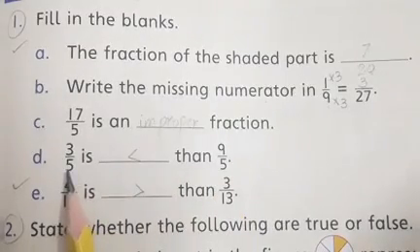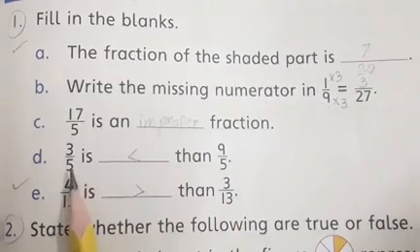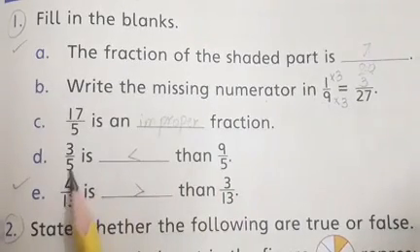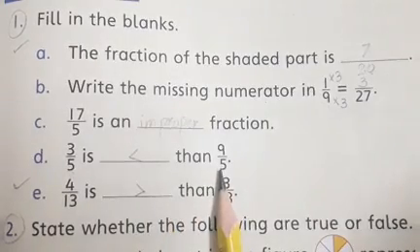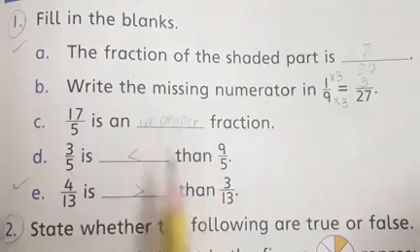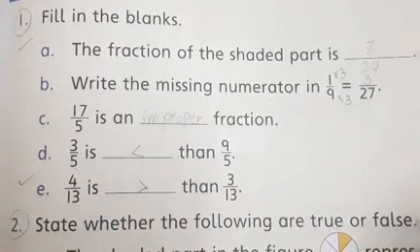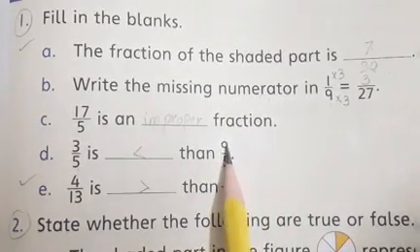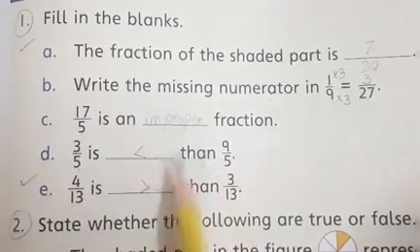Okay students, first of all you will see 5 and 5. In these fractions, first of all see the denominators. As I explained to you, when the denominators are the same, this is a like fraction. And in a like fraction, as you know, the greater the numerator, the greater its value. So here 9 is greater than 3. So 9 is the greater.